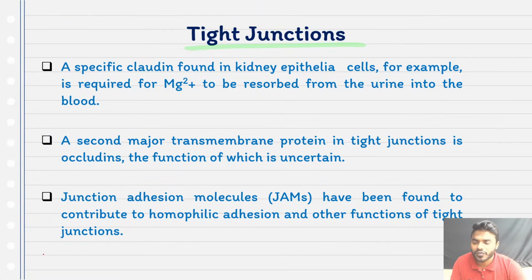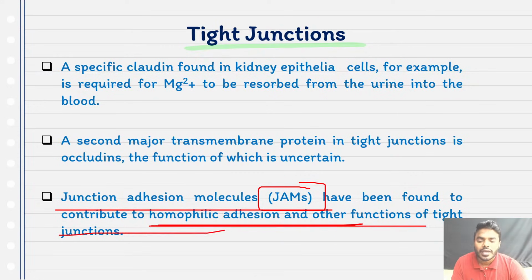And I already told you friends about the JAM protein. With the help of JAM protein only, the tight junction in one cell can be connected to the tight junction in another cell. In one simple line, what you can understand, JAM proteins are the ones which play a key role in homophilic adhesion. We know very clearly, homophilic adhesion means the JAM protein is going to be associated with another JAM protein present on the other cell. Remember and don't forget this.